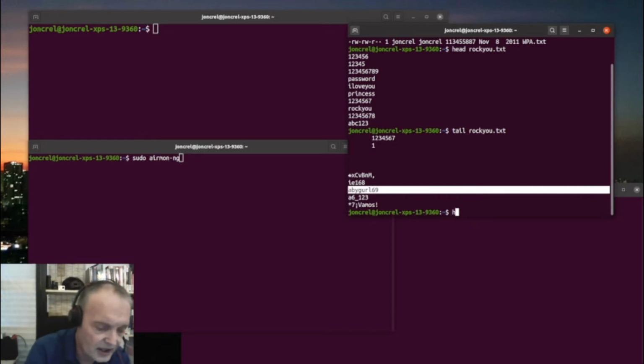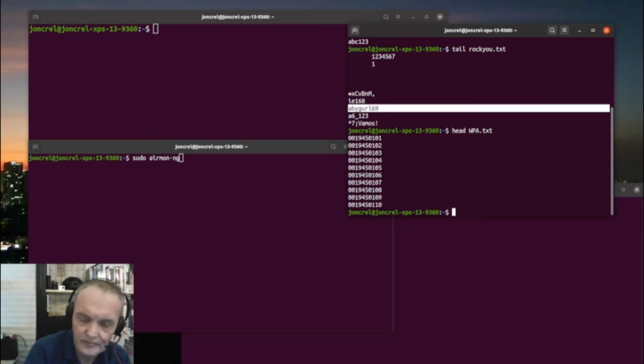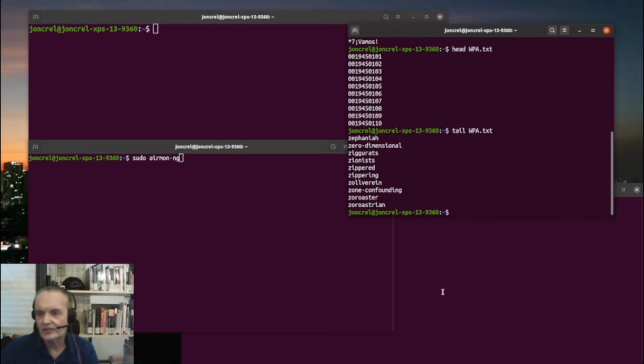So if we look at head for WPA, you see it's mostly numbers. Tail for WPA, you can see it's basically back to phrases and words that could be used inside this type of option. So you can see how those tools work. Now, what we're going to do next? Well, first of all, I'm going to